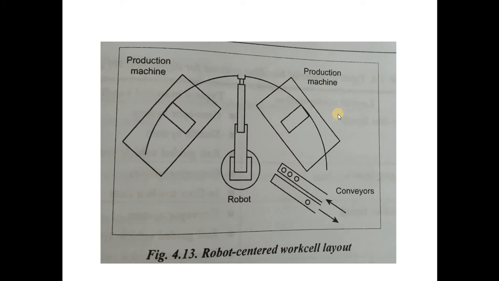Here they show two machines, but around this robot equipment we can have a number of machines. Using that number of machines we can handle the work. The robot can pick up a raw material and drop it to the required machine with its hand gripper. So this is what is called a robot centered machine. With a robot at the center, handling, loading and unloading of raw material and finished goods can be done faster than the other layouts.